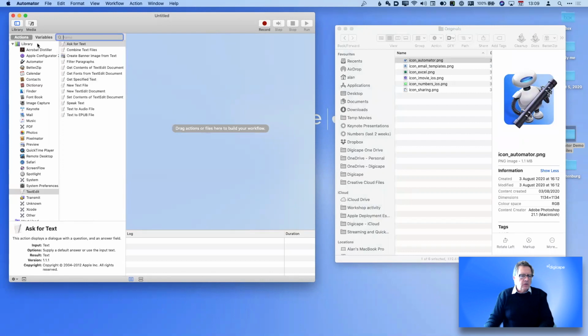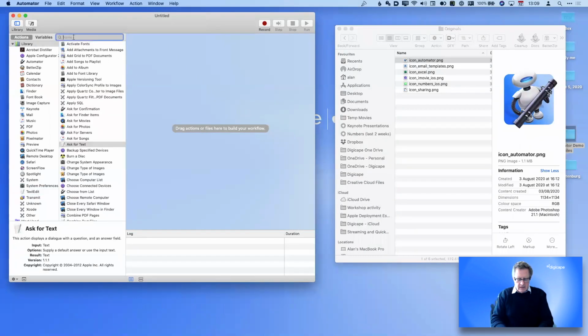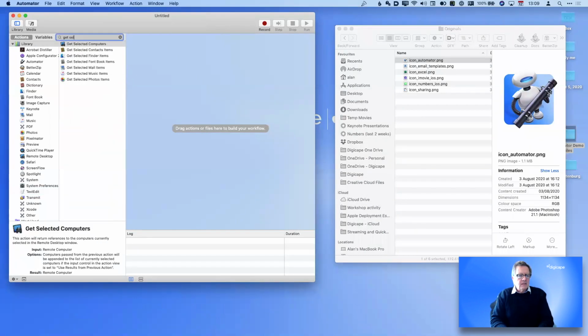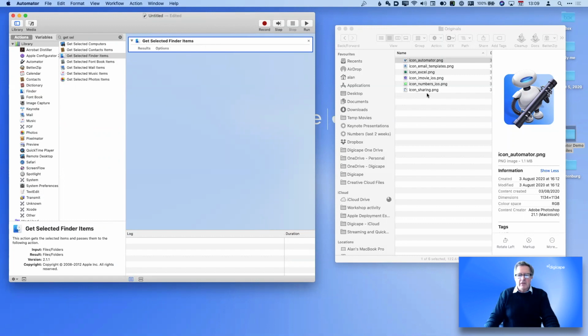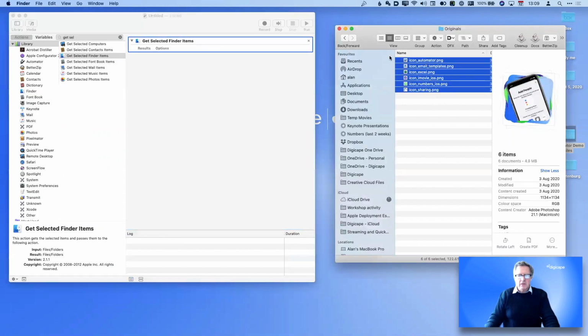But if I choose the entire library and I type "get", and let's say "selected", I can get selected computers, contacts, get selected Finder items. So I'm going to drag this into the middle over here. And all this will do is get the selected Finder items. So if I select some Finder items over here and I run it,